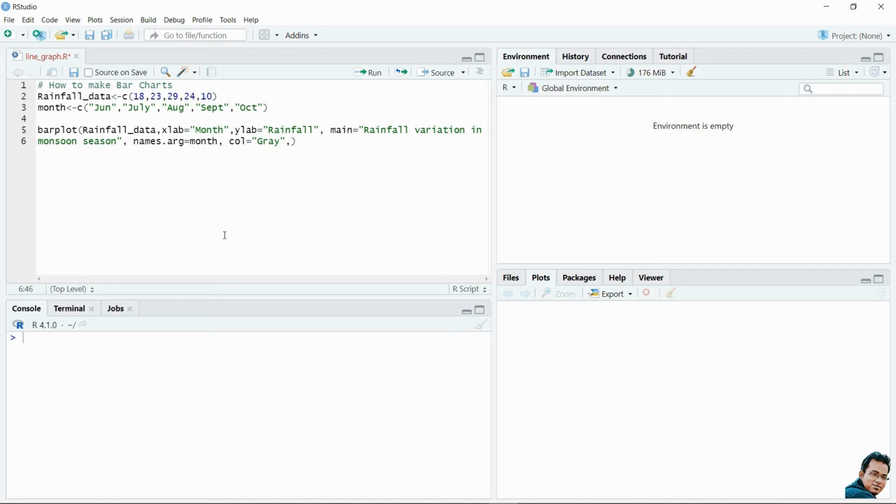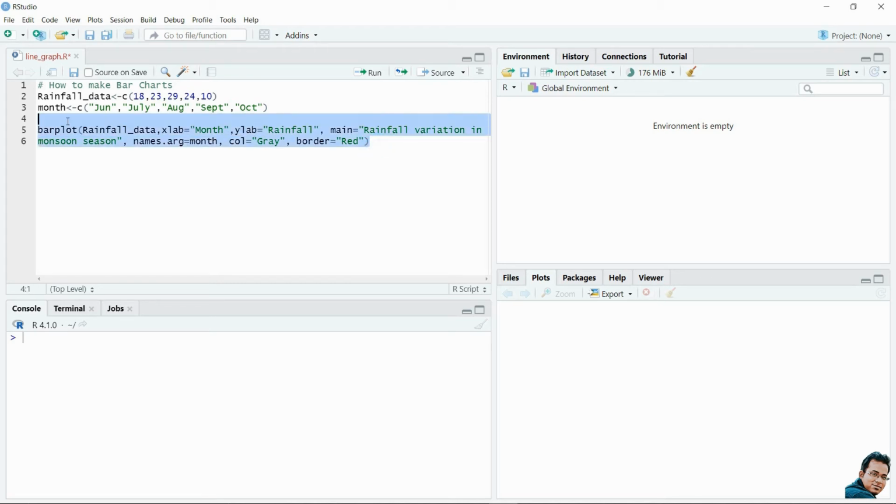We can add the border color of this bar also. For that the parameter is border. Let's say border color is red. I have given all these values and replaced all the default parameters by actual values.